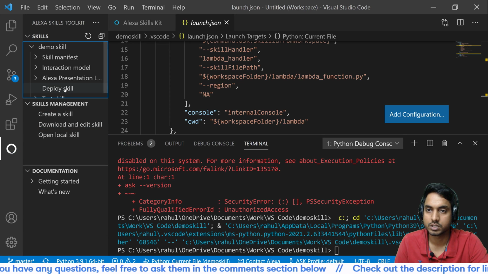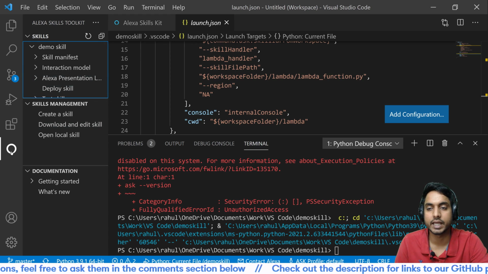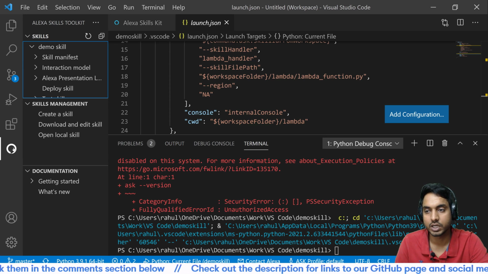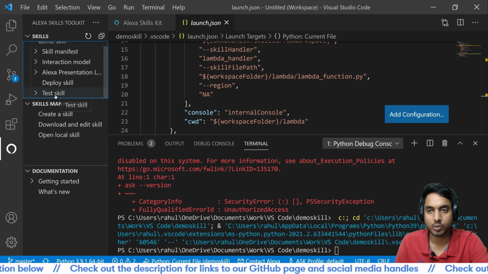Sorry, I think you need to click on the Alexa icon on the bottom left, and when you click on the Alexa icon, you will see this skills list, and inside this, scroll down and you will see this test skill option.